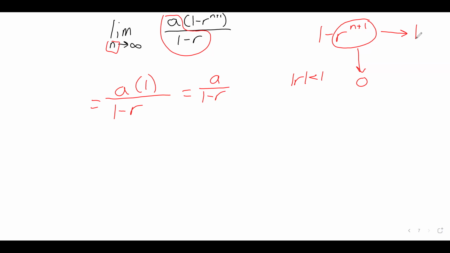But if it's greater than 1, 1 minus 2, 1 minus 2 squared, 1 minus 2 cubed, this will now go to infinity and the entire thing will diverge. So it needs to be less than 1 to make this go to 0. I was going to erase it, but